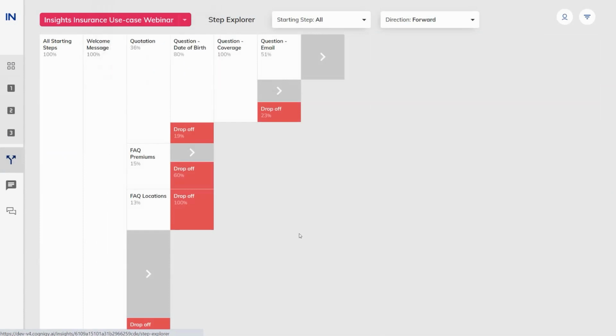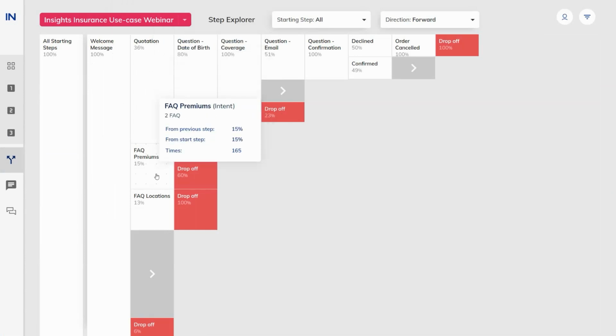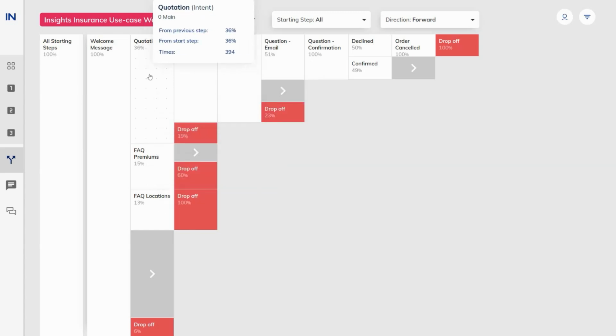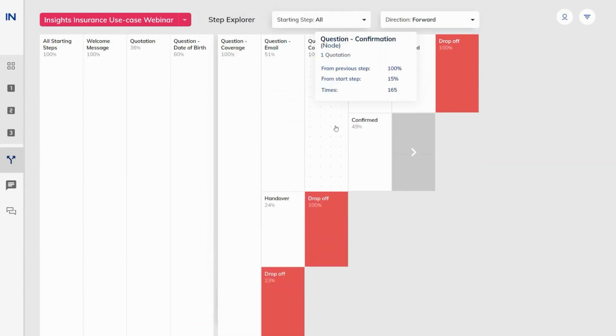Everyone sees the welcome message after starting with the bot. And after the welcome message, 36% of people are triggering a quotation intent. 15% are triggering a premium, and 13% are triggering a location intent. Now what happens after the quotation? 80% make it through to the date of birth question, and then 100% through to the coverage question, and then